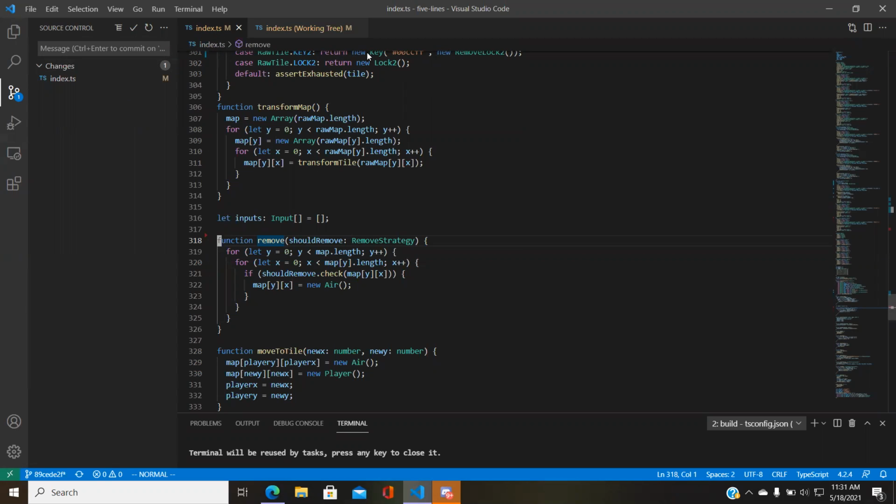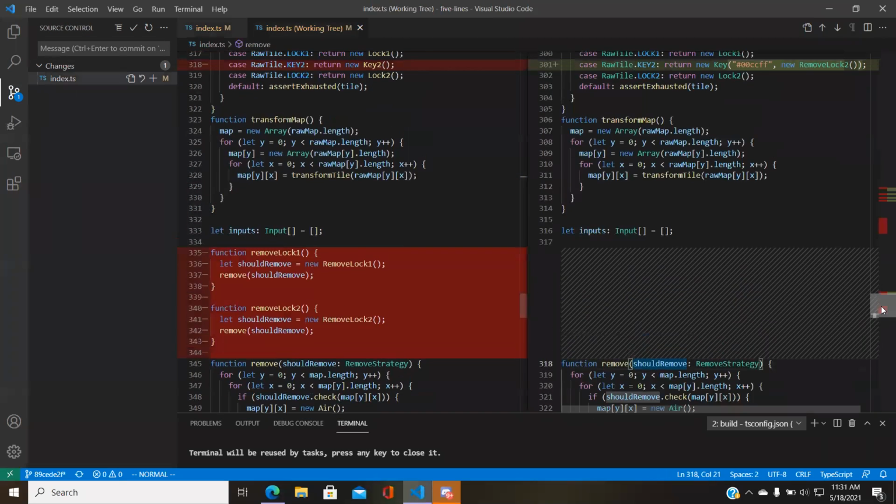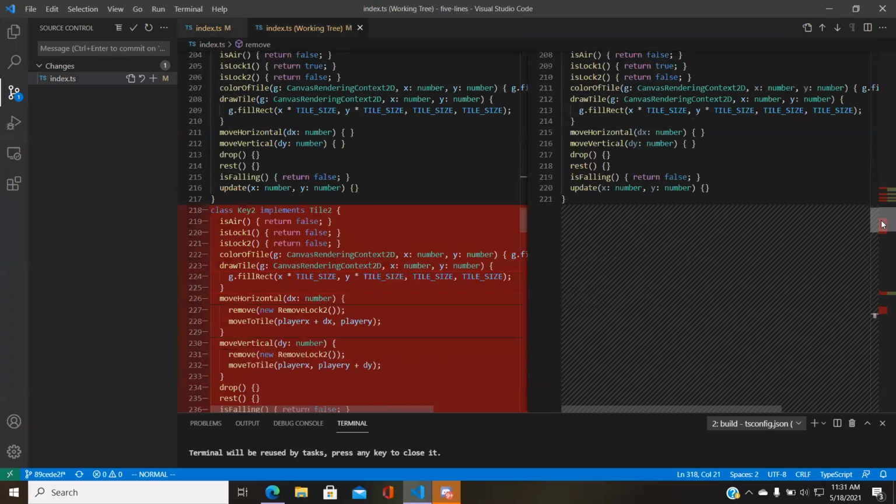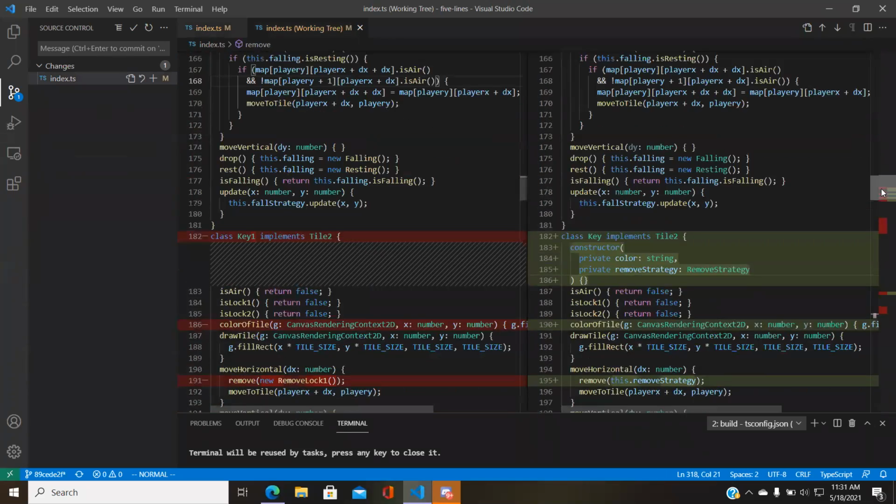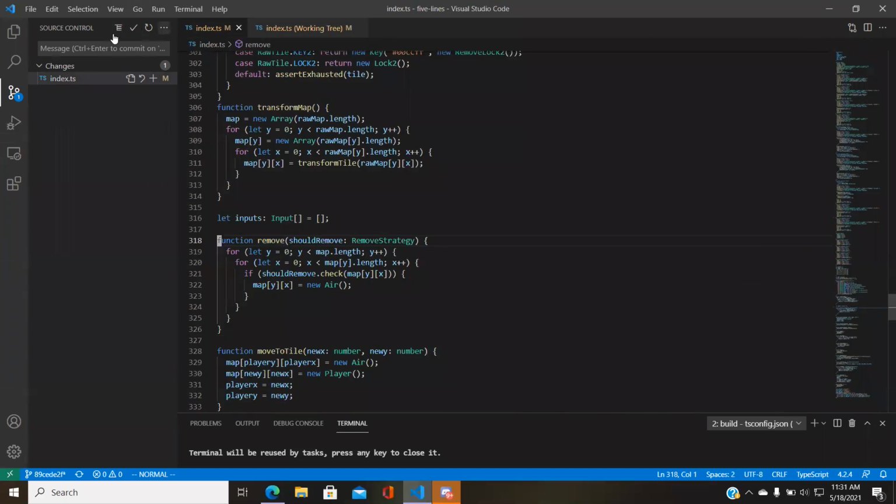So we combined the code, combined to using strategy pattern. That, check it in. Okay, now